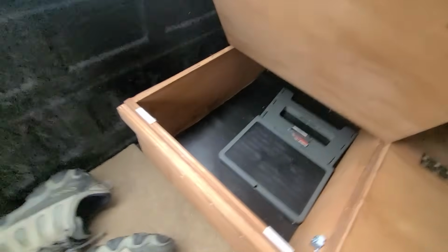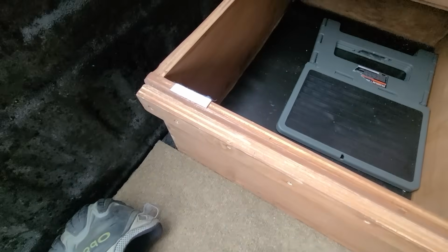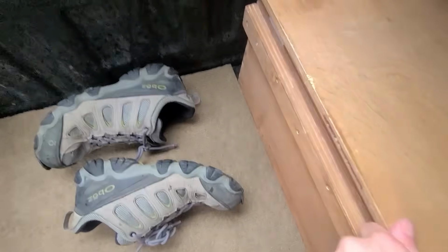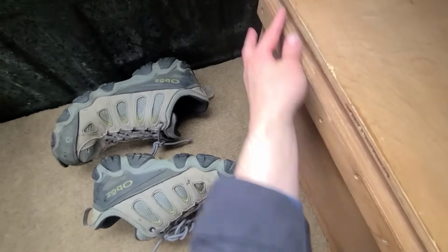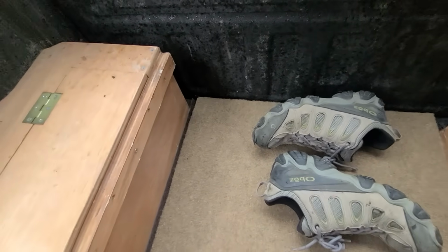This storage spot here, it's got a step stool in it and plenty of room for extra storage. I put some little felt stickers there to keep it from closing and rattling too hard. Keeps it dead and down. This is that rail that's on both sides to hold up the floorboards for the bed extension. And then at the front end